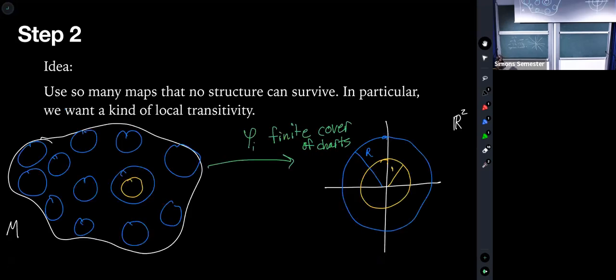So pretend everything's in R2 for the moment. What we do is we cover our manifold, pretend the manifold is covered. We cover the manifold with a finite subcover of charts. And each of these we require some things I'm not telling you, but the key one here is that we map the big outer ball to a ball of radius r, and we map the inner ball to a ball of radius 1. And the reason why we do this is because what we're going to do on the ball of radius 1 is build this transitivity that we want, and then we're going to use the bigger ball to smooth everything out and make it volume preserving. So this is the goal.